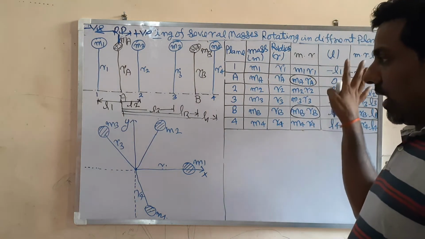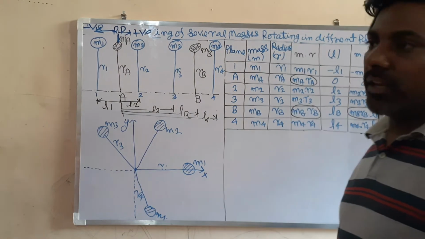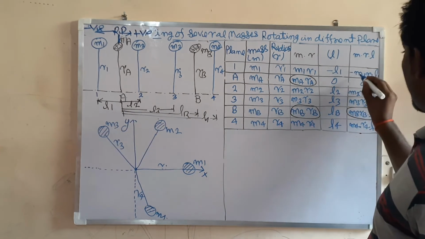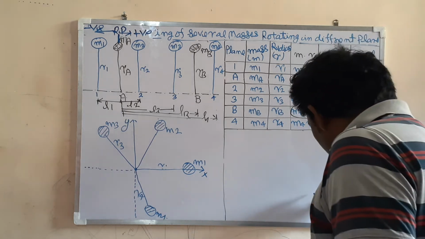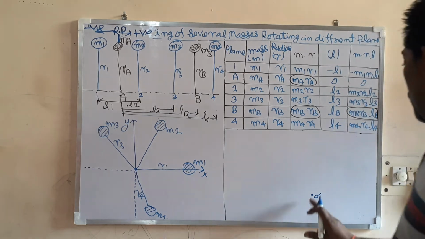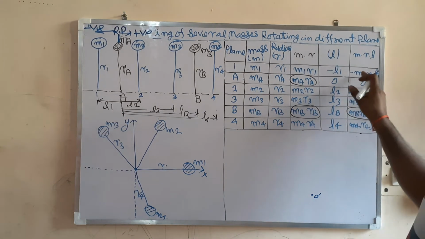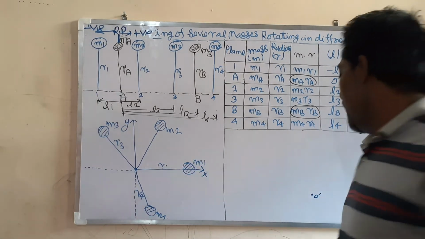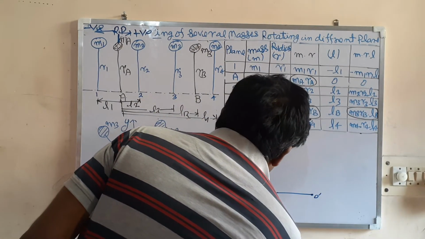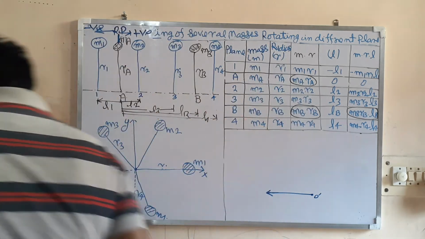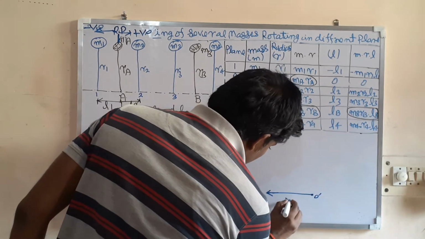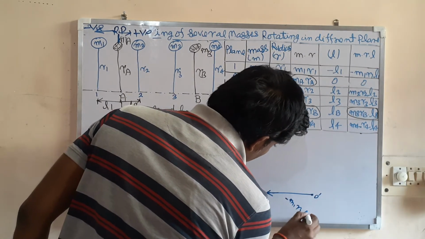So let us start from here. Before drawing any diagram, first you take a suitable scale, then you draw. So by taking a suitable scale, let us first draw this. First one is negative. Suppose this is the starting point O dash. Look at here, this is minus, so that will be radially inward. So this is minus m1 r1 l1.